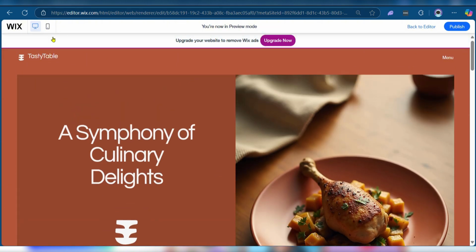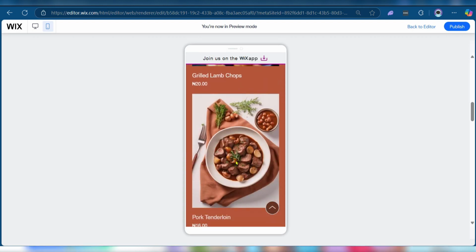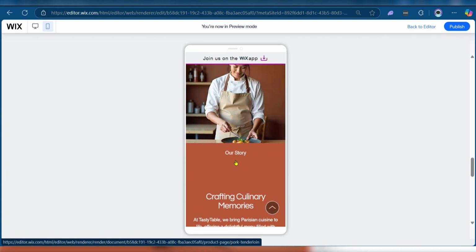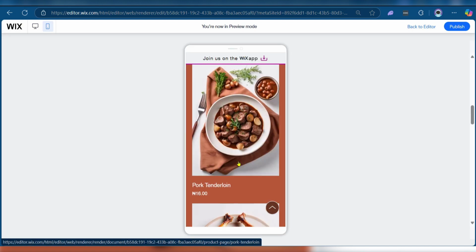One more thing we'd like to show you is the fact that you can actually switch from desktop view to the mobile view. And when you click on it, you can see it's also mobile compatible and it looks great on the mobile version. So we hope you can go ahead and create your own website as a beginner using